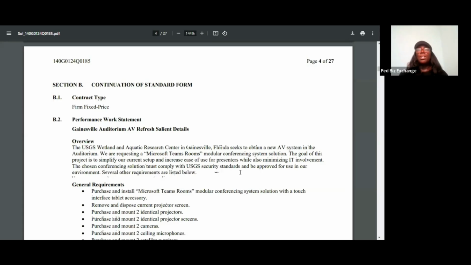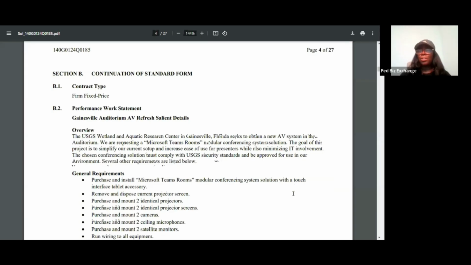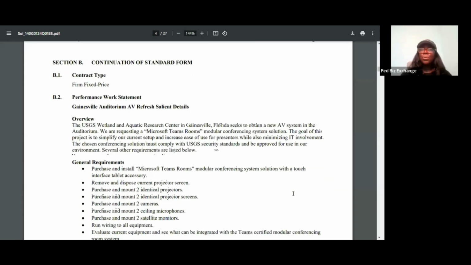They might look a little different, but they have the FAR information in there, or they make statements about certain things. But most of the solicitations are not more than 27, 30 pages, most of them. Okay, so here they tell us what they want us to do overall. So they tell us who this is for, like who we're going to be working with, but they're saying this